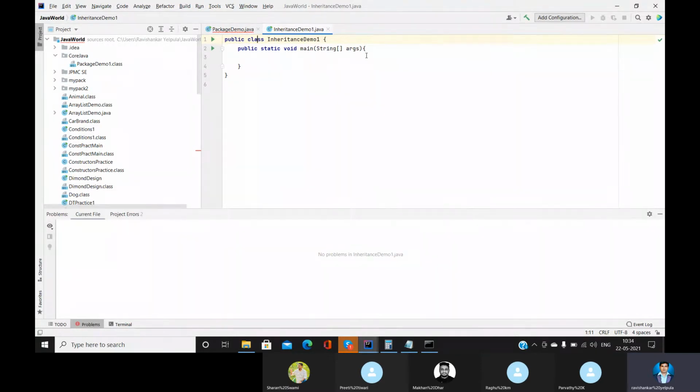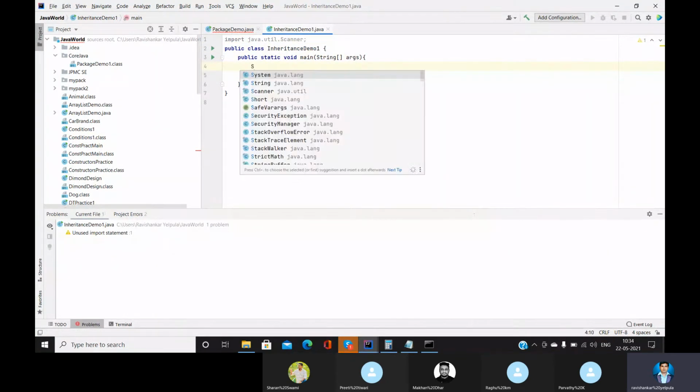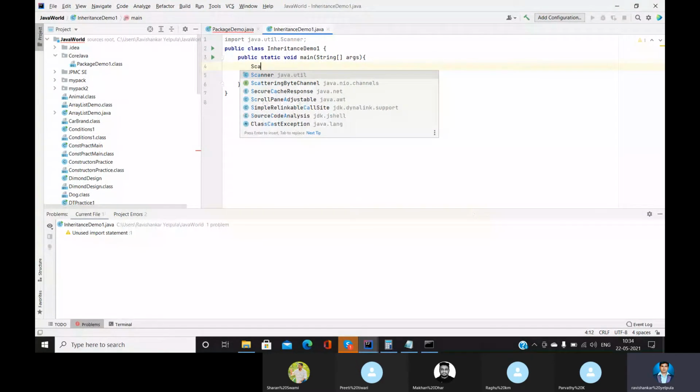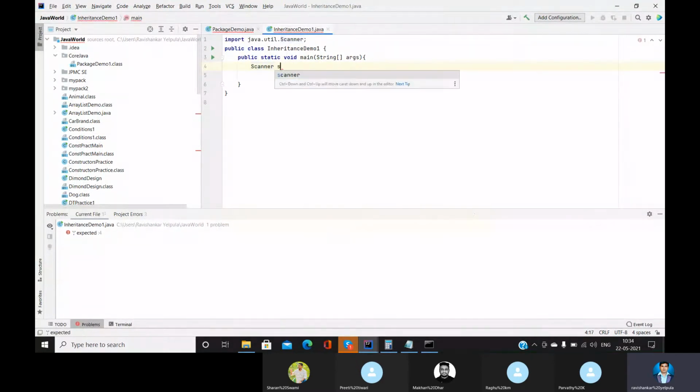That's the reason: import java dot util dot Scanner. The Scanner class was public, so we could create the object of that class in our class. Is it clear, guys? Yes. Okay.